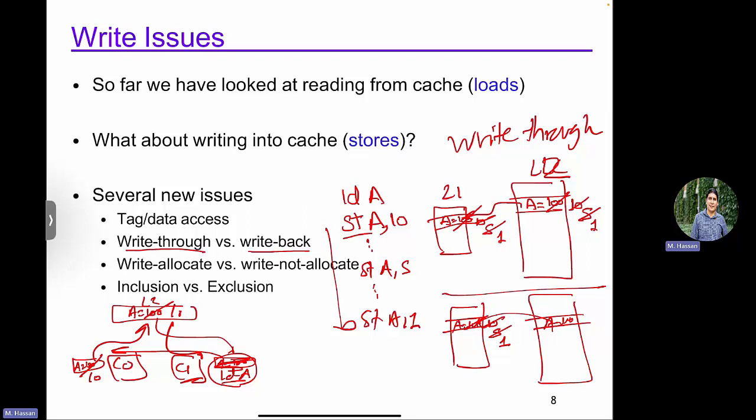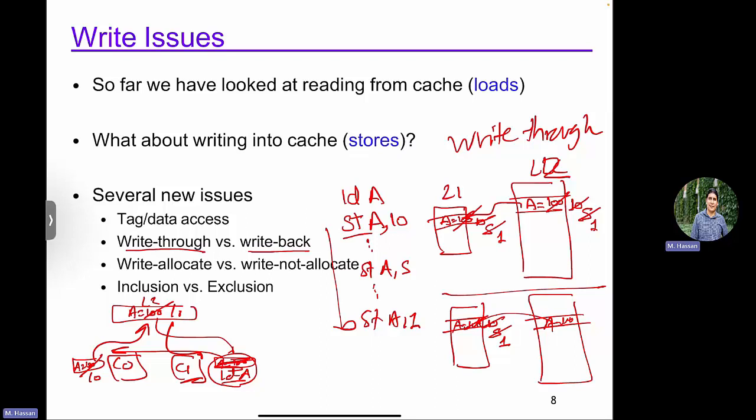Because in reality, for example, I'll give you one corner case where write through is not as bad as you might imagine. If I were to write only A once, for example, I have the store A equal 10, but I don't have all the remaining stores. Would it in fact matter if I write A equals 10 when I evict it or when I just write it? Because it's only one write anyway, I would have to pay this extra cost to write to the shared memory once, right? So write back